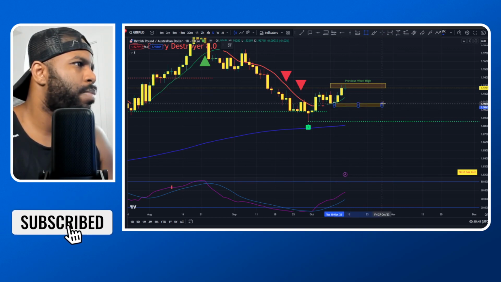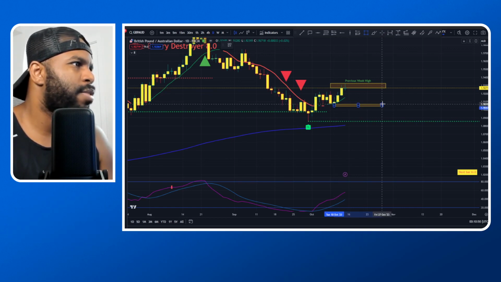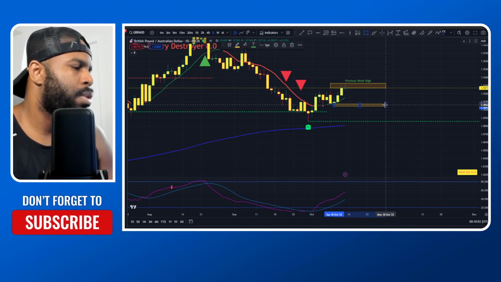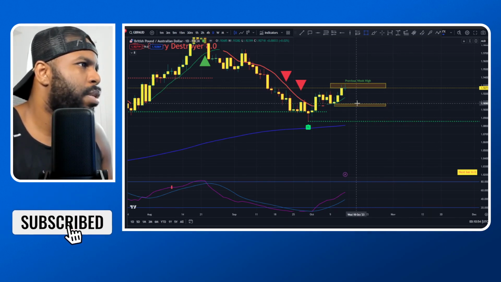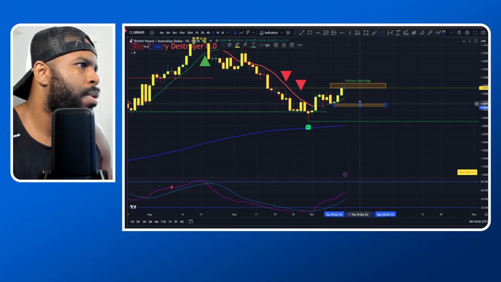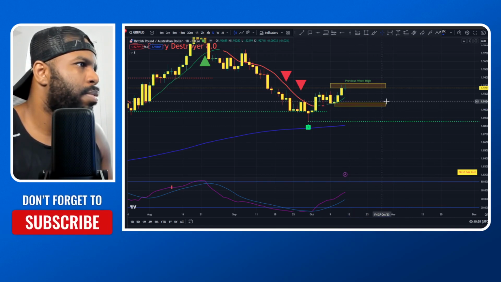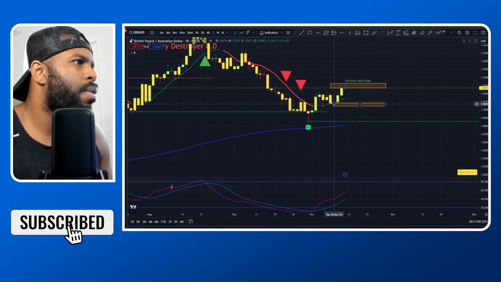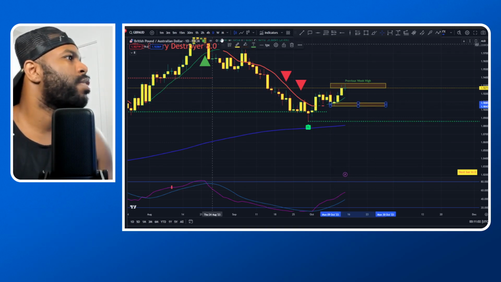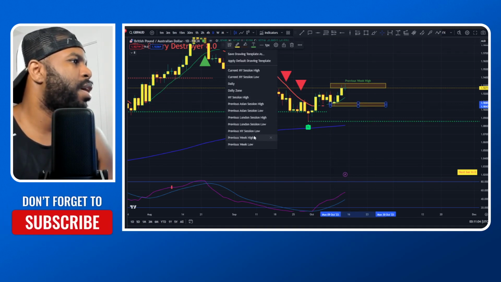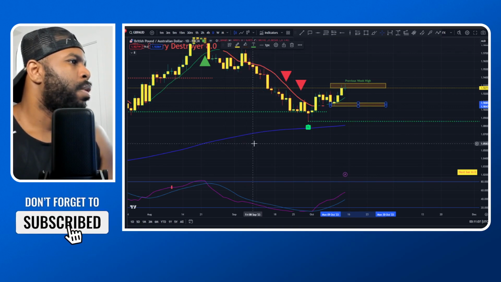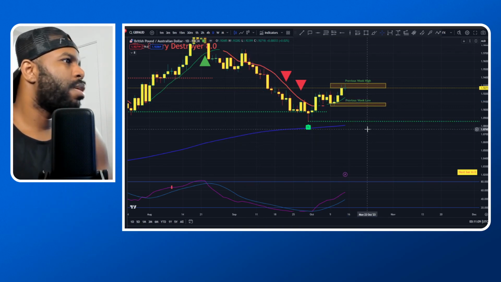So from the wick to the body. That's how I draw my zones. Wick to the body. Let me bring this up some. Try to be real precise here. Okay. All right, so that's my previous weekly low for GA. All right, and then